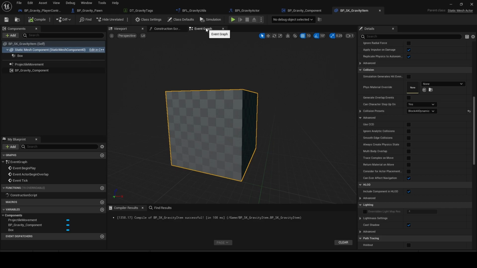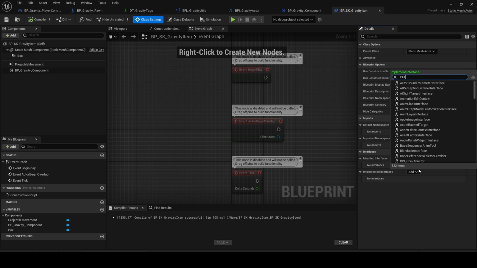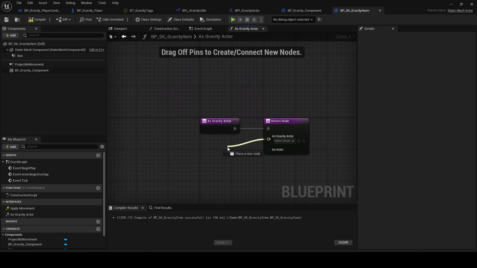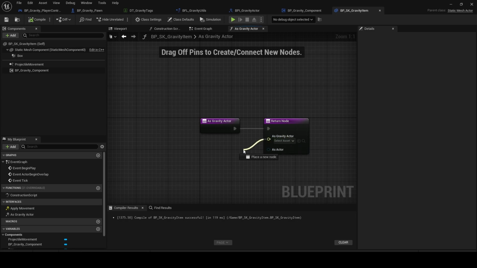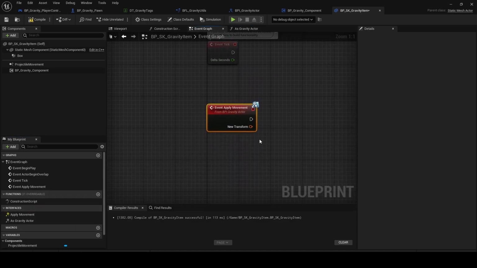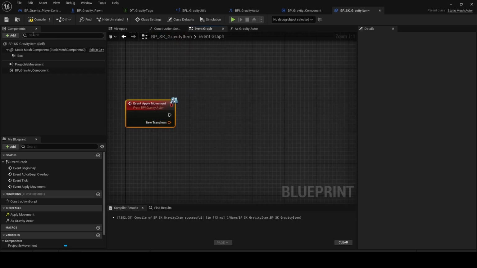Now over in the class settings, we can set up our interface. Set up the gravity actor interface. Go over to the interface here. Set this up itself. Compile first because it doesn't know. There we are. Plug that into both of those pins. Go ahead and apply this movement. And so in this movement, we can then